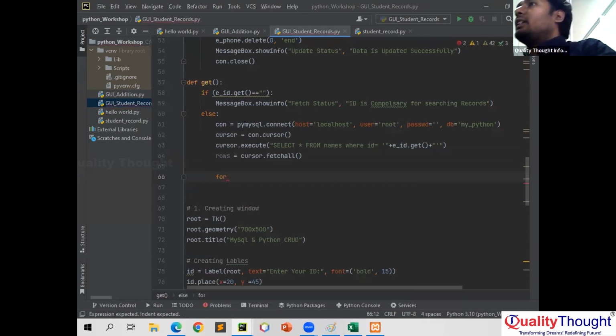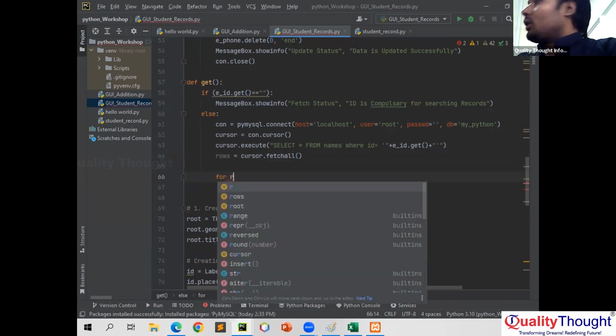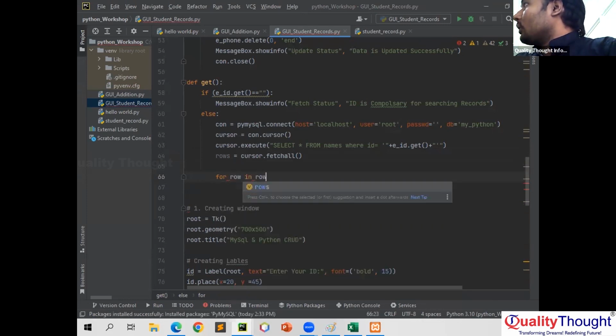So you have a loop statement known as for actually. There is a for loop and a while loop. So why do we use a for actually? To iterate the things. Everything about database values, all the values from the database, I need to take the values and I need to segregate as per the sequence. For row in rows,